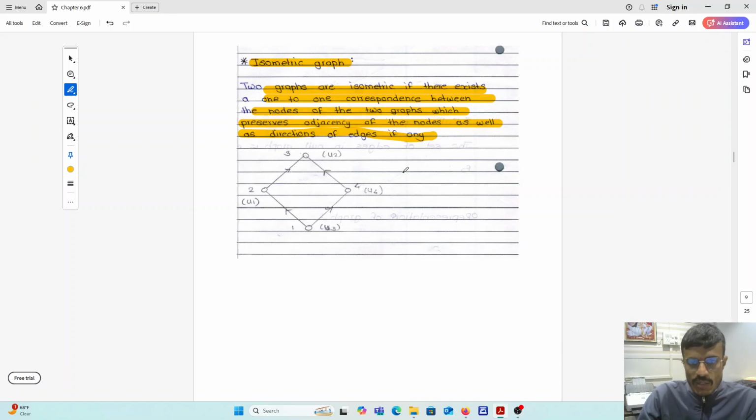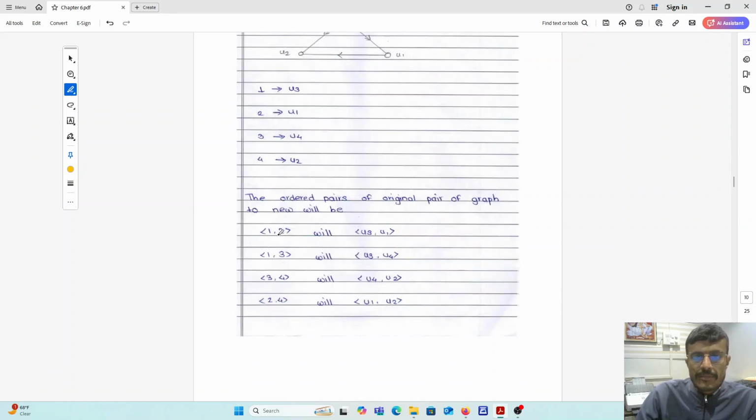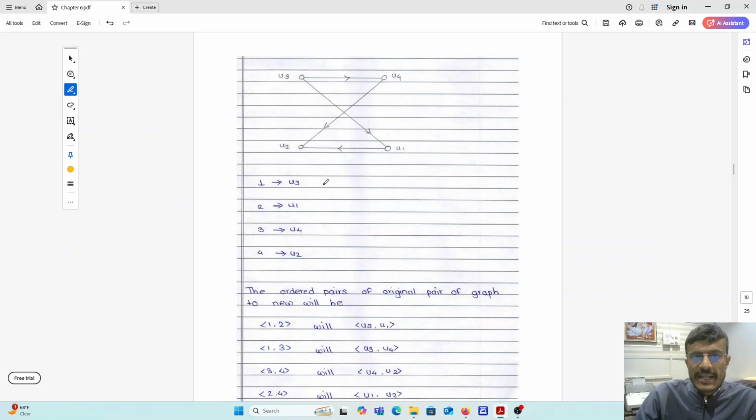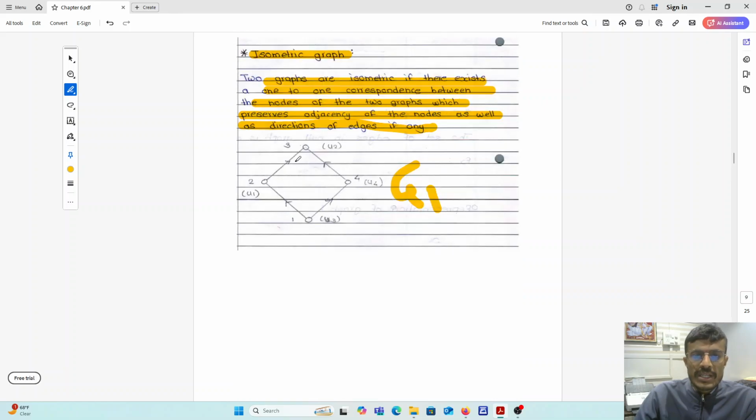So you can see here, this is one example. Let us say this one is G1, and the next one is another graph, that is G2. If you go through G1 and G2, in the previous one, 1 is mapping with